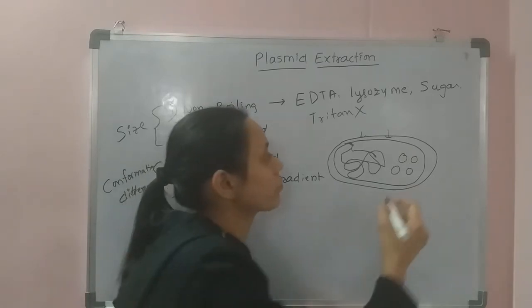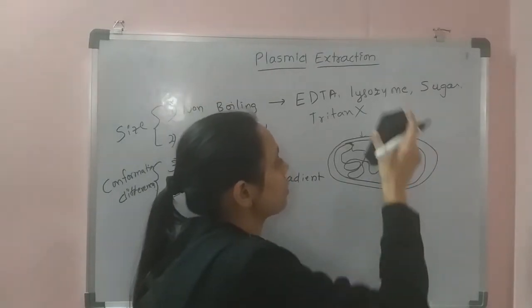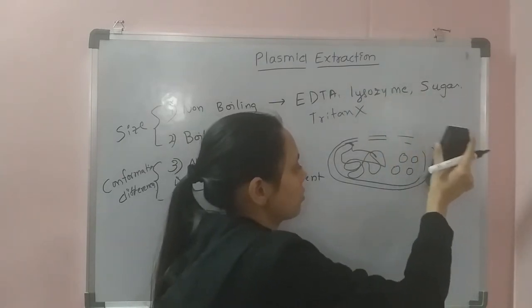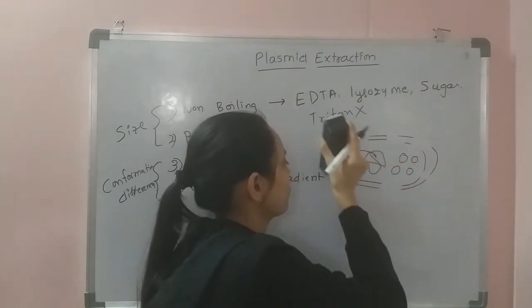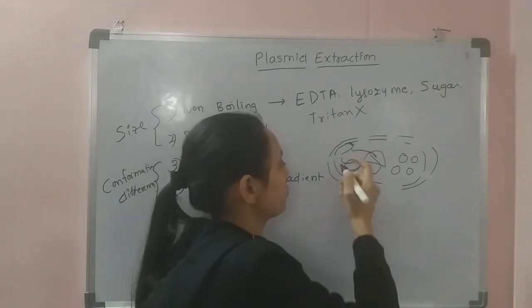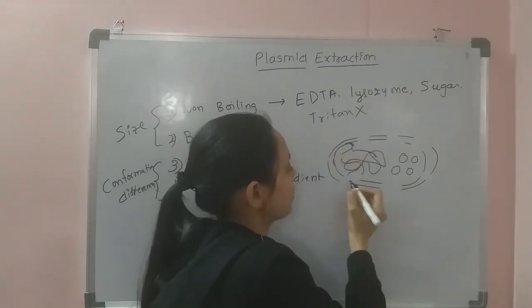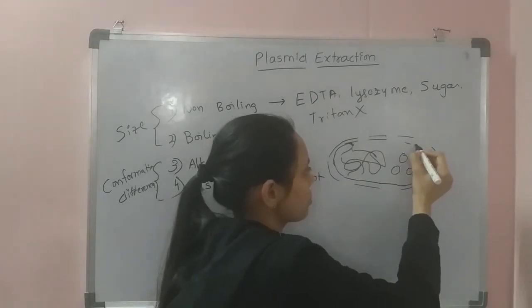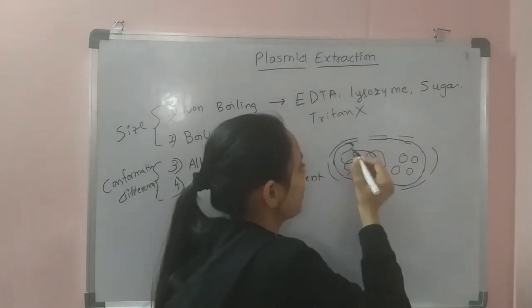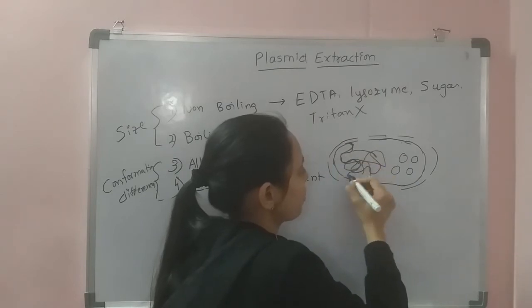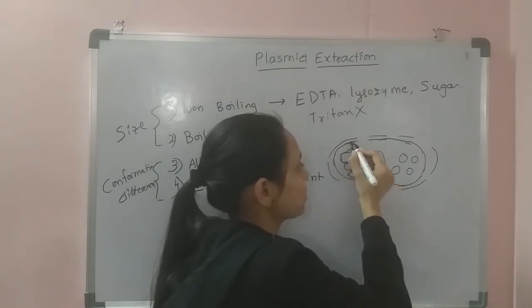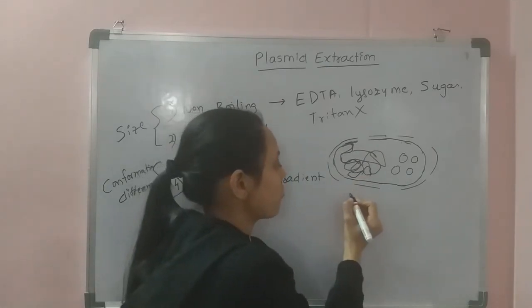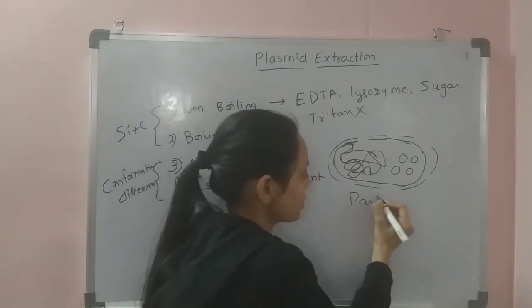So here the cell wall will be broken for sure, but the cell will not burst, so that here the main chromosome will be still in contact with this cell membrane. And these kind of partial digestion of cell walls